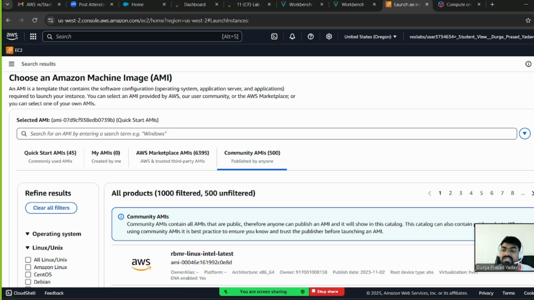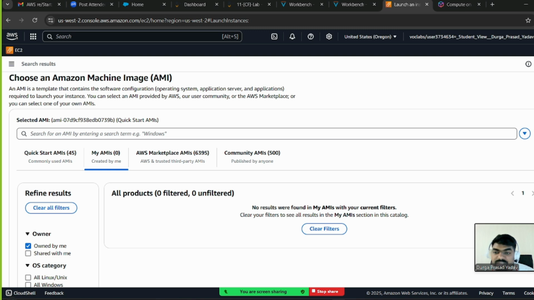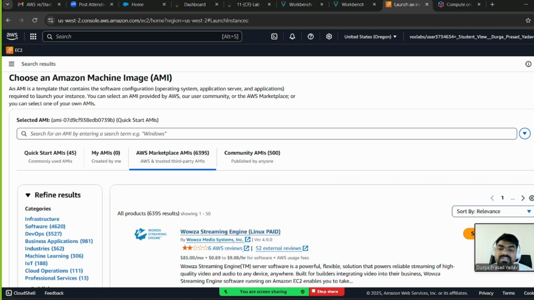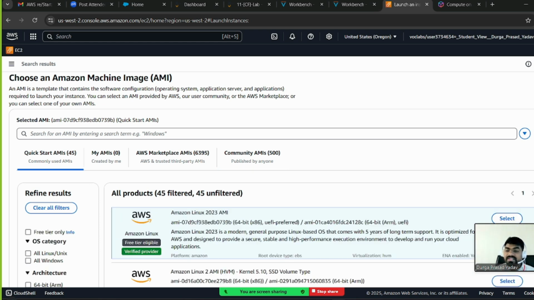As you can see, the description has been written also. Commonly used AMIs are Quick Start AMIs. Created by you is My AMI. AWS and trusted third-party AMIs are AWS Marketplace AMIs. Community AMI is published by anybody in the community. So now you can select from the Quick Start. Let's say I have told you we will be starting with the